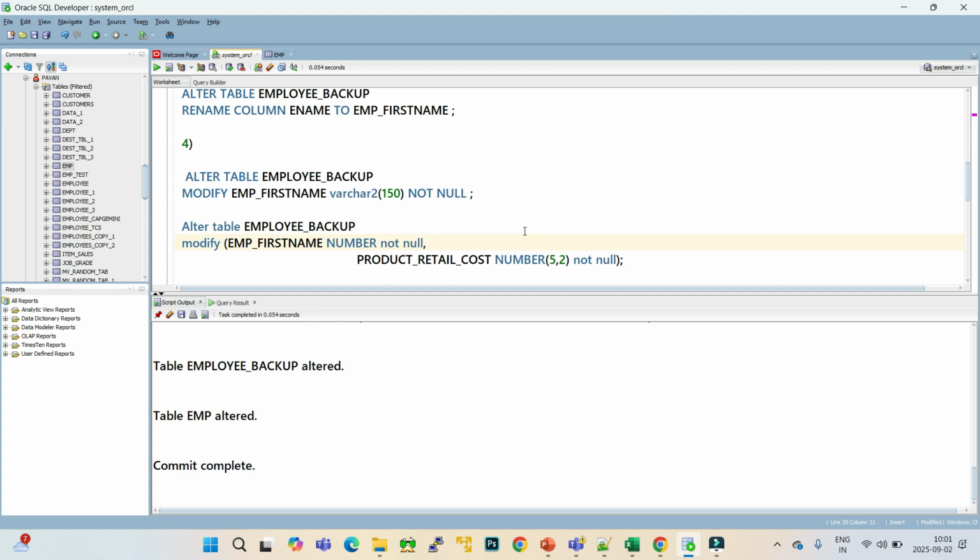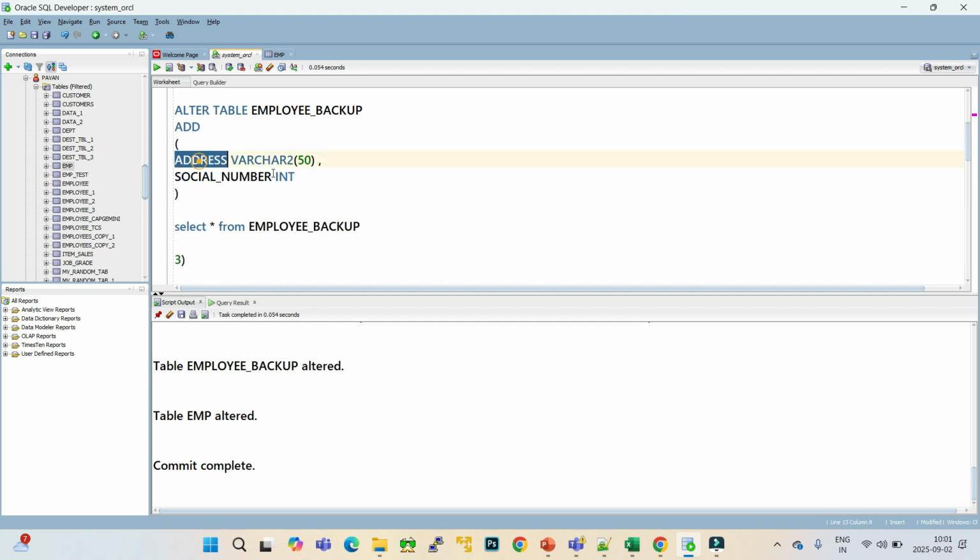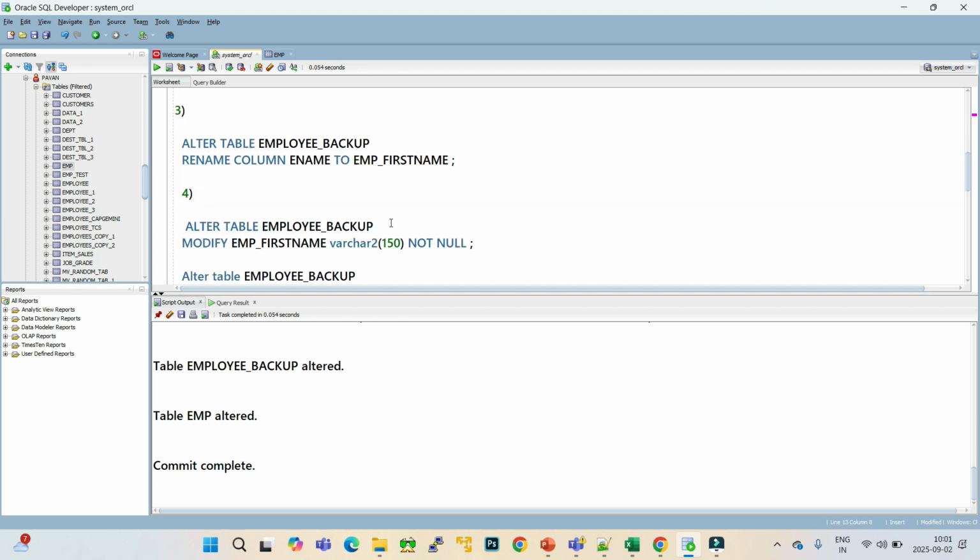So let me have it as varchar 2, and I'm again resizing the column as 100, and I'm putting it as not null. This is my first column. What is the other column that we have? We have address, right? So let me have that column,